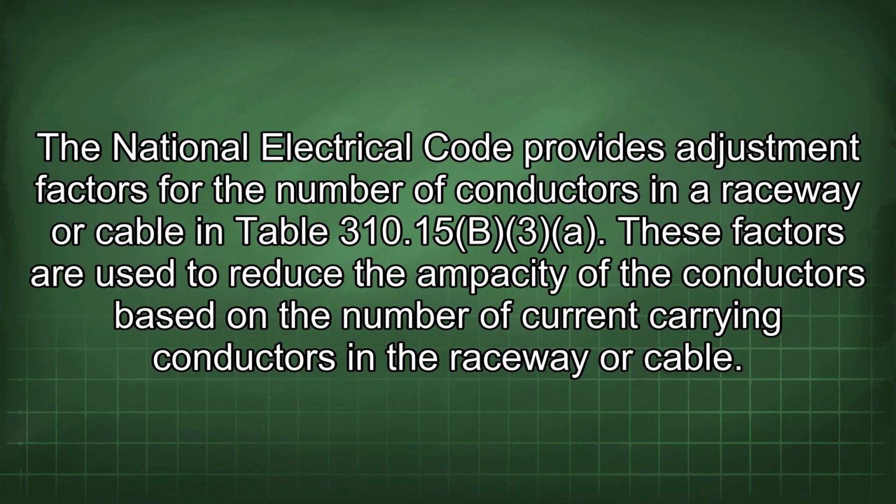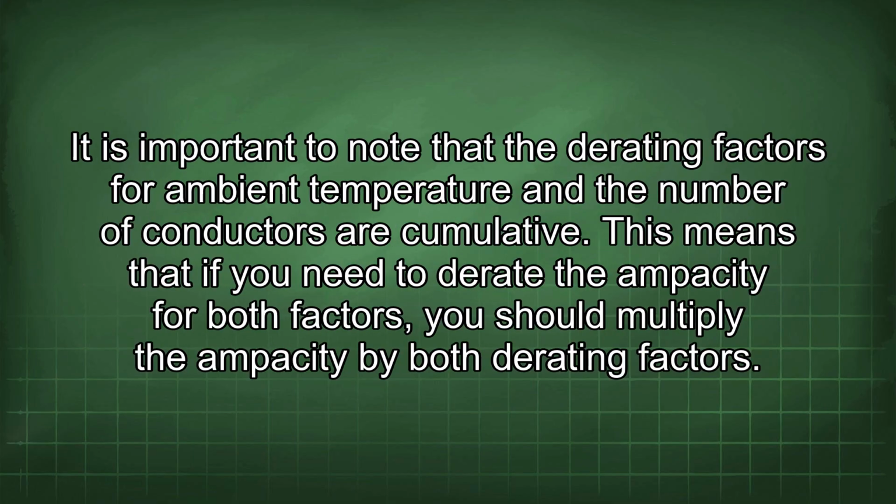The National Electrical Code provides adjustment factors for the number of conductors in a raceway or cable in Table 310.15(B)(3). These factors are used to reduce the ampacity of the conductors based on the number of current carrying conductors in the raceway or cable. It is important to note that the derating factors for ambient temperature and the number of conductors are cumulative. This means that if you need to derate the ampacity for both factors, you should multiply the ampacity by both